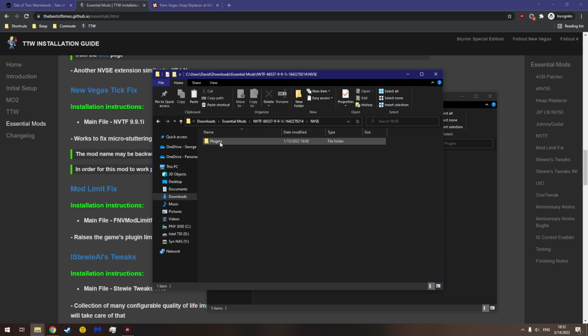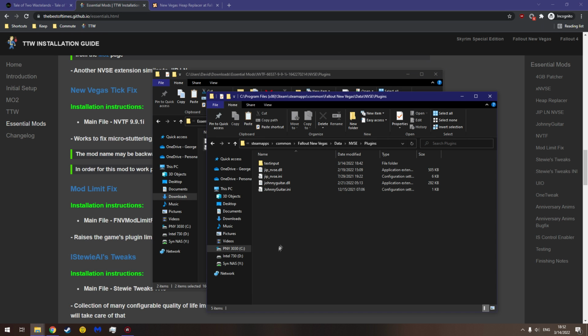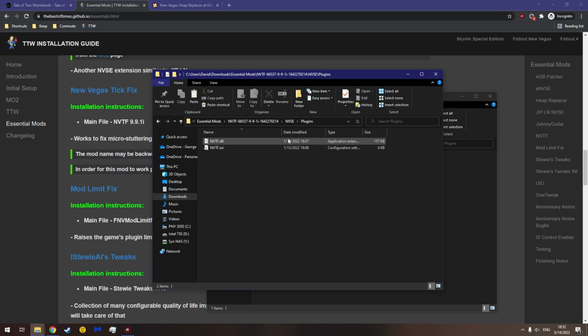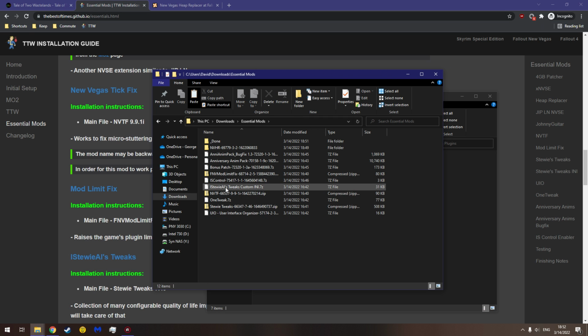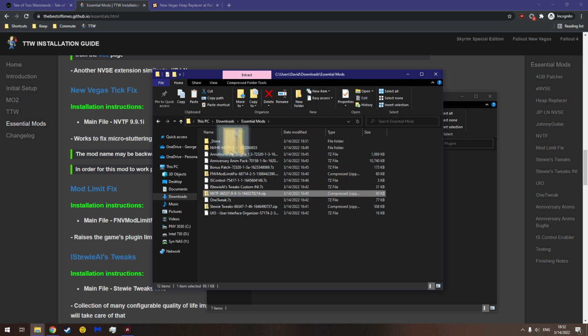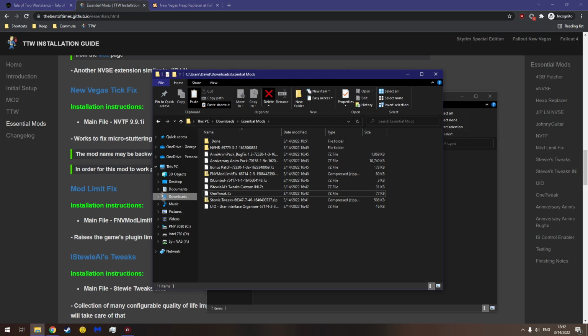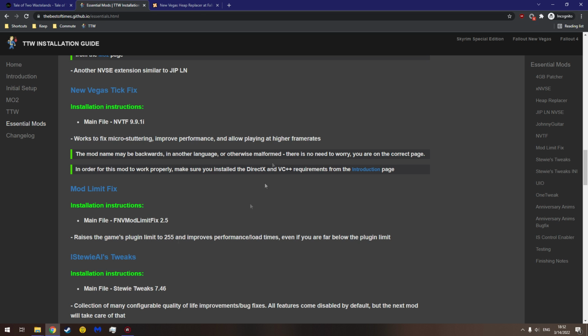NVTF, NVSE plugins, NVTF. Copy it again, and then lob it into NVSE plugins. So NVTF is done. Let's find that. Move it into done. So the New Vegas tick fix is complete, and then I'm just going right down the